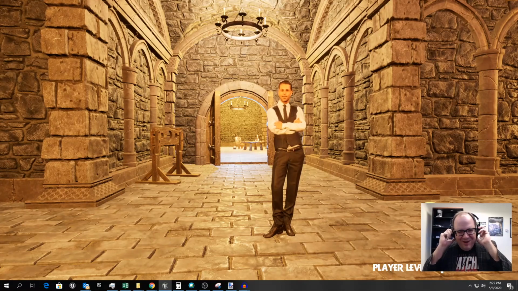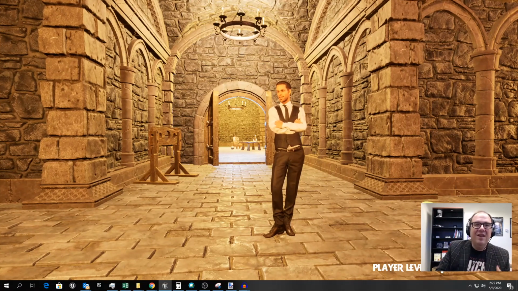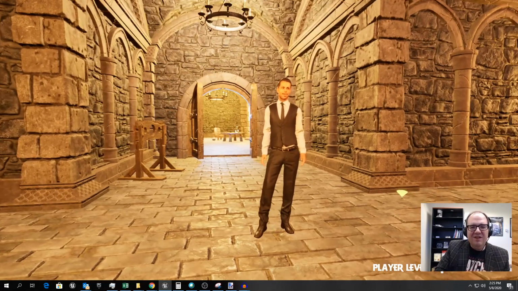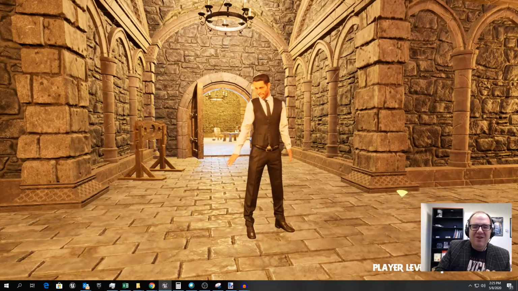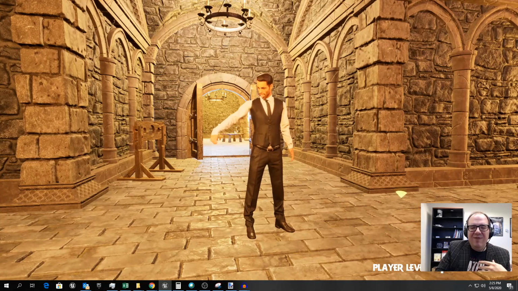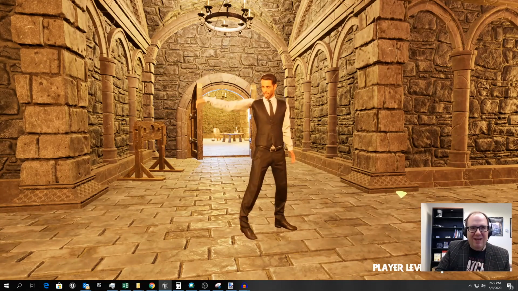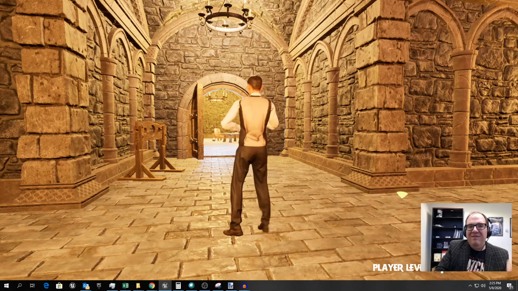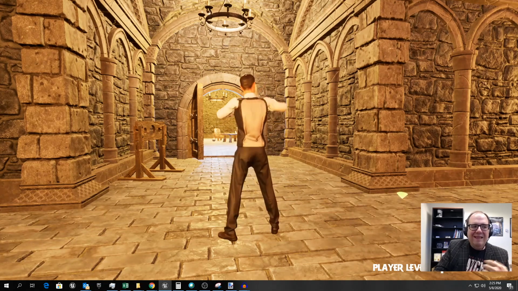So this character model from the marketplace actually had an amazing dance anim as part of it, and so I implemented a thing that if you make the character dance, they restore some, not all, but some of the player health. So let's have them dance. So this is going to cause basically the health to go back up to 50%. So if the health was at 10, you'll get back to 50 because the maximum health at level 1 is